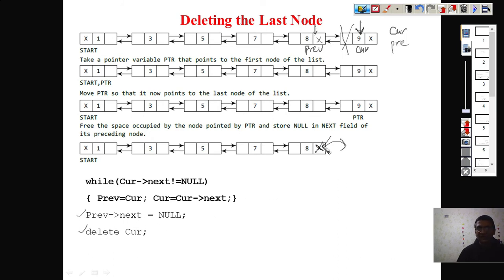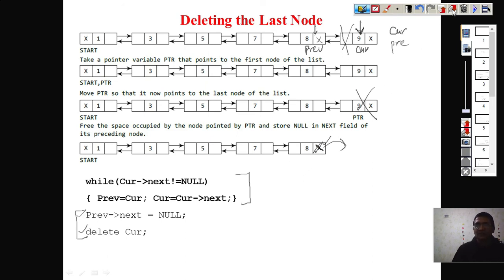You write this null here, and you will release this node. So you will write delete current. The current pointer will still hold the address of the node which is now deleted. So now this node is free, and we have achieved what we are looking for. So it's very simple. You just have to keep in mind, this is how we are traversing from node to node, and this is how we have to set these two statements to get our task done.